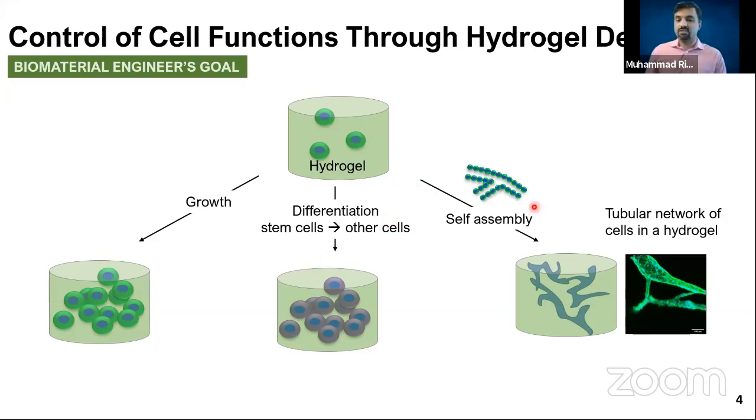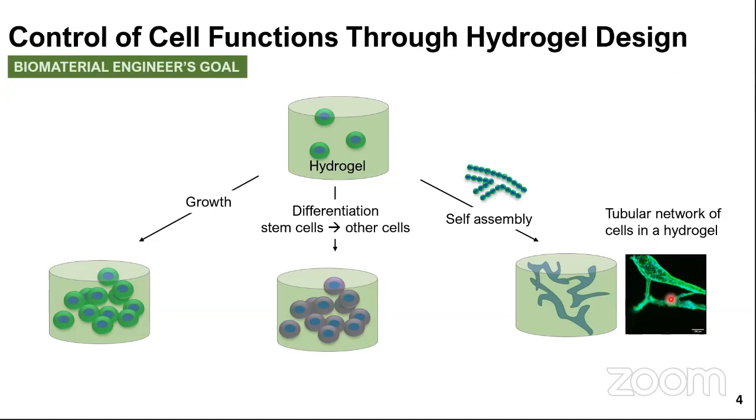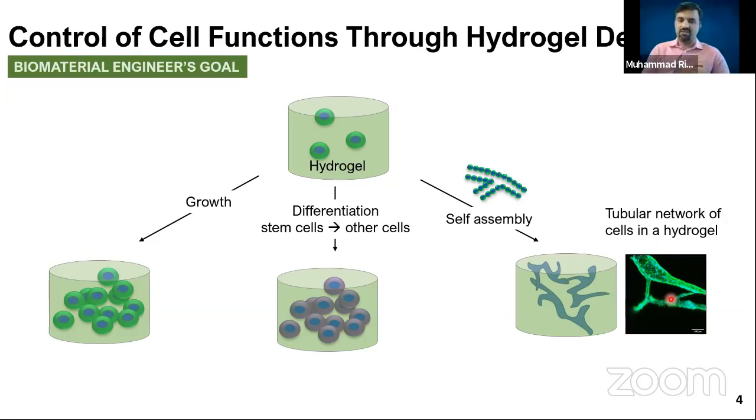And you can also induce self-assembly. By self-assembly I mean that you introduce these single cells and they end up making these beautiful vascular structures, or bile duct structures in this case. How does this happen? It really is a lot of engineering involved in making these hydrogels, and they can ultimately control how cells are growing and how cells come together to form these structures.